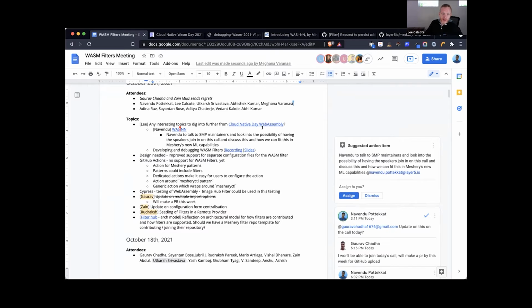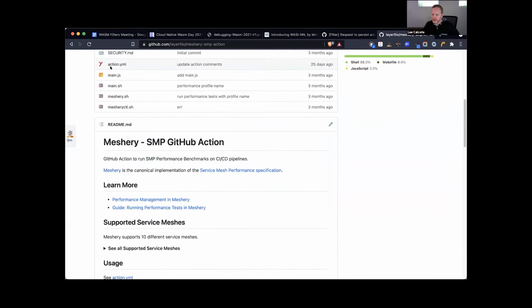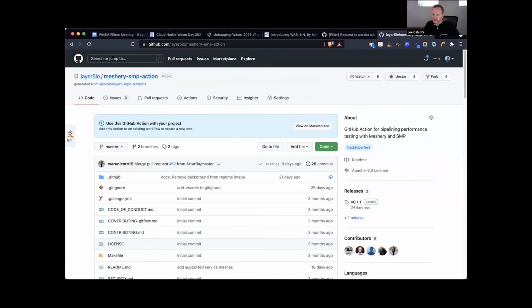Also, it'd be a great way of making sure that you're mentally grokking the goal, because you have to write it down and say what you're going to try to do. So I would suggest that you create those issues on the WASM filters repo. It's probably the right place to track this.